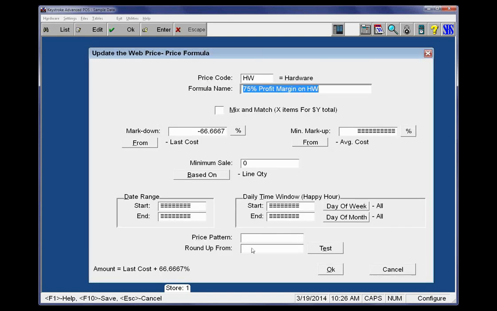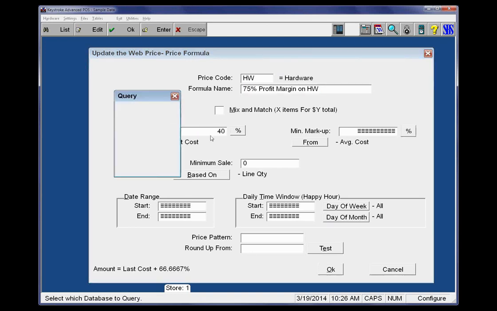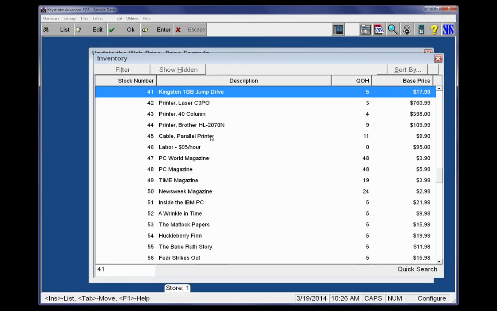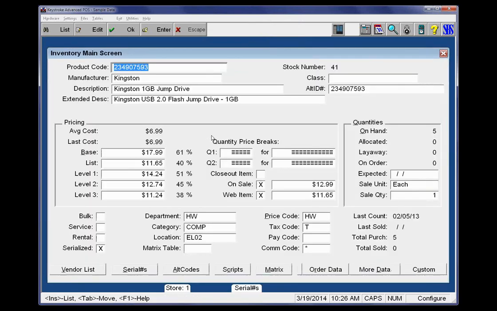And I chose to update whatever price to a profit margin of, let's see what I just chose, 40%. Great. So hopefully you can see I'm in Keystroke. And here's an example that both the list price is set at 40% and the web price has now been